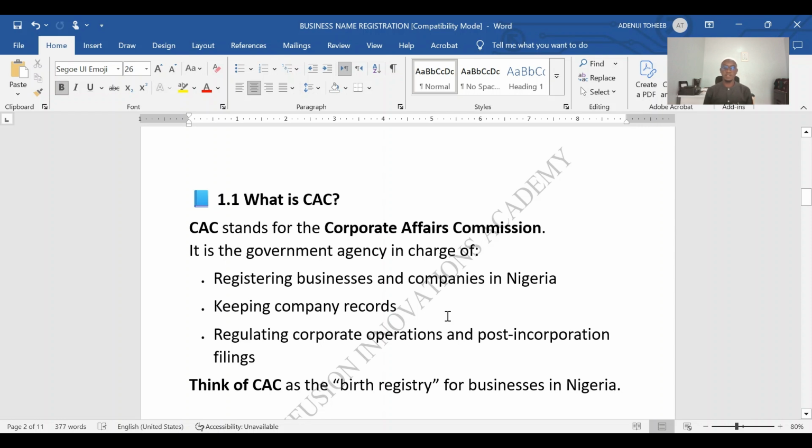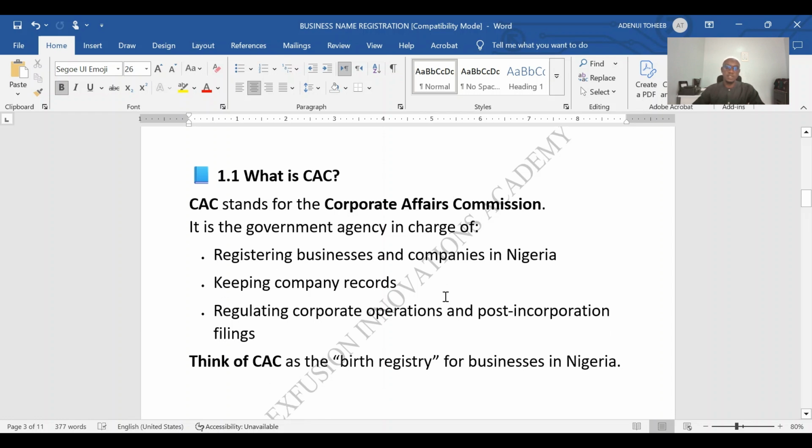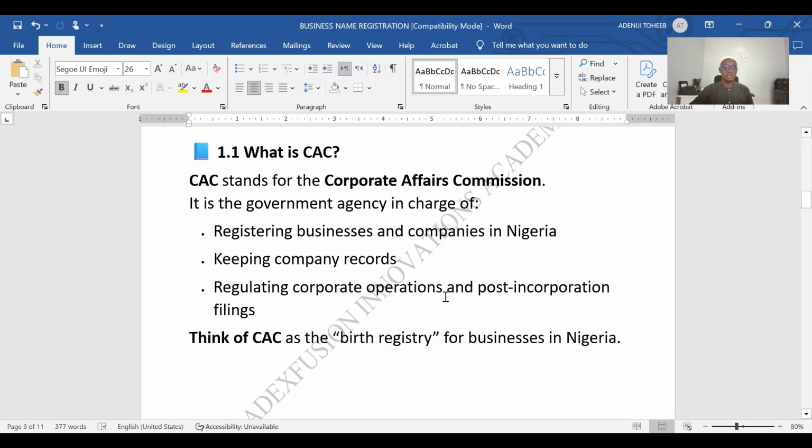So the first thing we are learning now is what is CAC. CAC is the acronym for Corporate Affairs Commission, and it is the government agency in charge of registering businesses and companies in Nigeria, keeping company records, and they also regulate corporate operations and post-incorporation filings. Most people think of CAC as the birth registry of all businesses in Nigeria. Yeah, they are correct, because